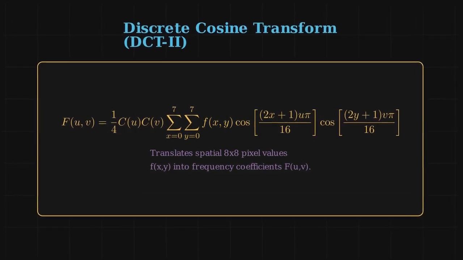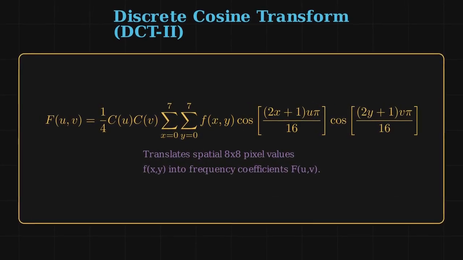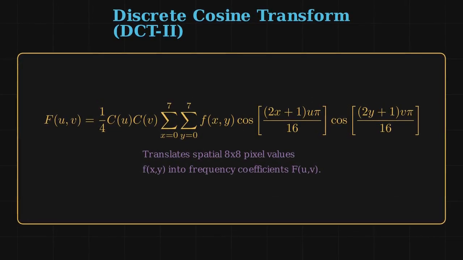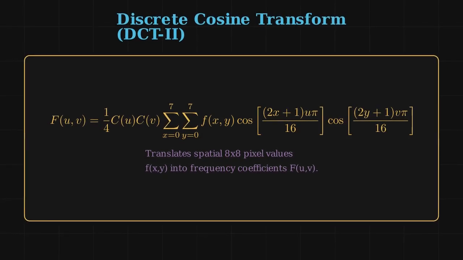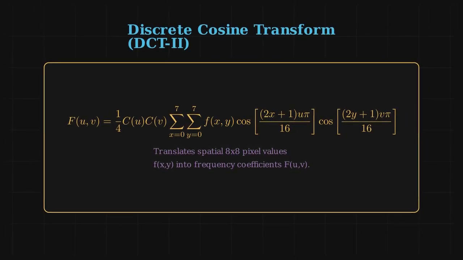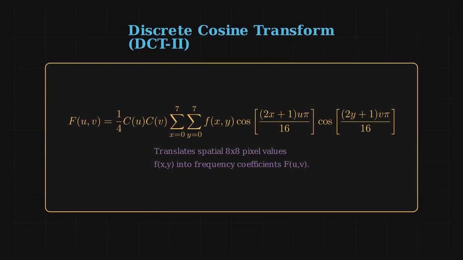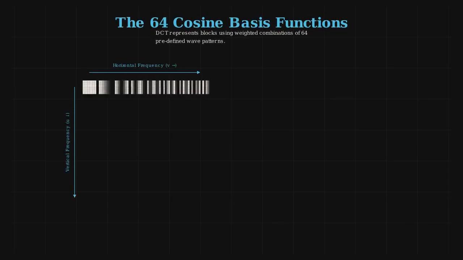The DCT acts as a mathematical prism. It translates our 64 raw brightness values into 64 frequency coefficients. The top left represents the average brightness of the entire block, while the bottom right represents high frequency, complex edge details. Think of it this way: the DCT asserts that any 8 by 8 block of pixels can be rebuilt